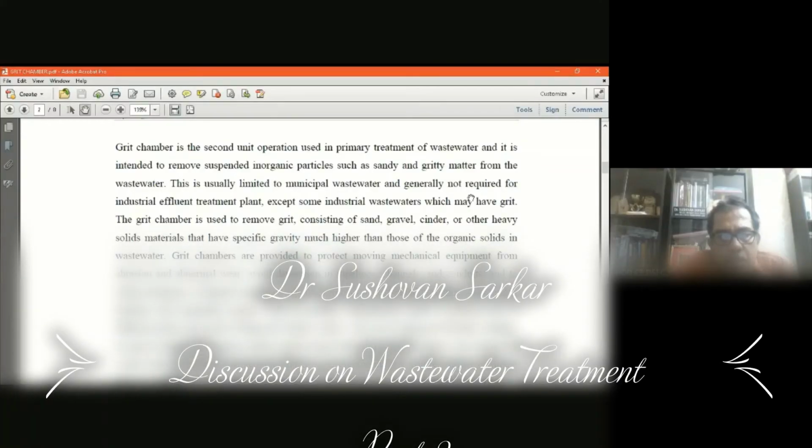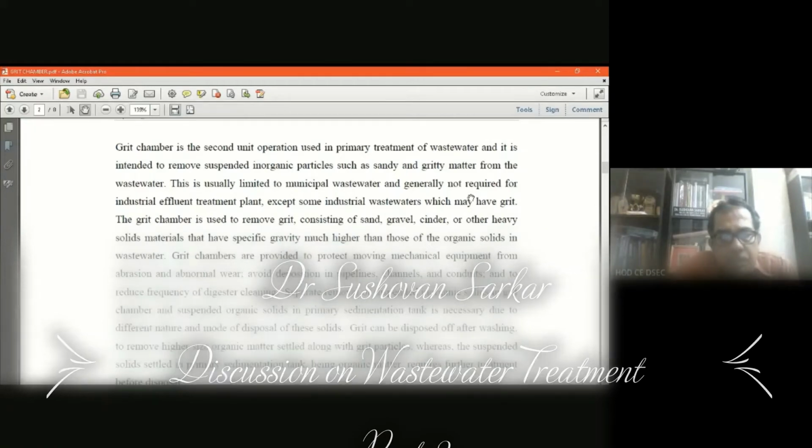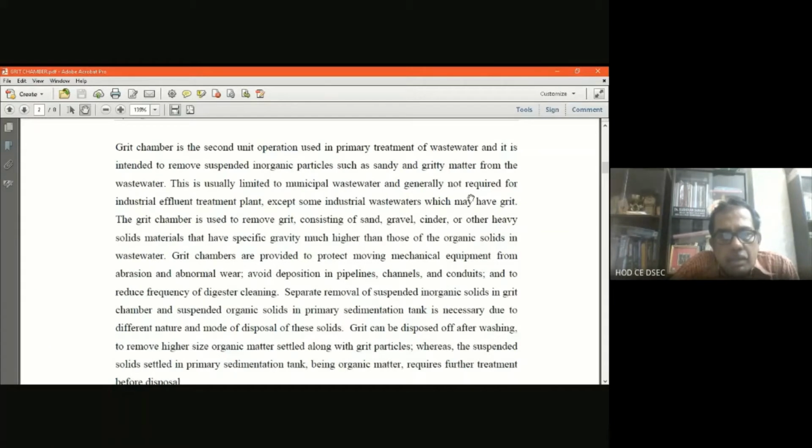I have just started the wastewater treatment preliminary, starting with that preliminary treatment, that is the screening process. The batch screening process that I have discussed, I have solved one numerical example. So that was the initial discussion that took place in my previous lecture.